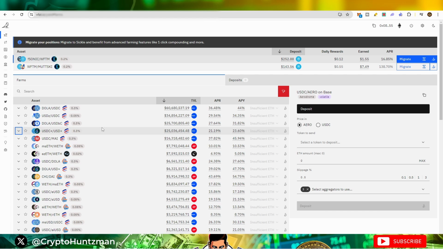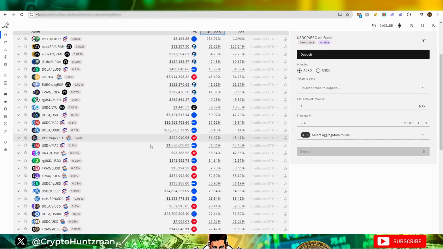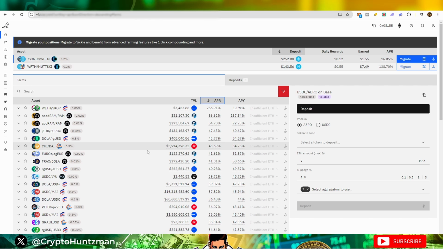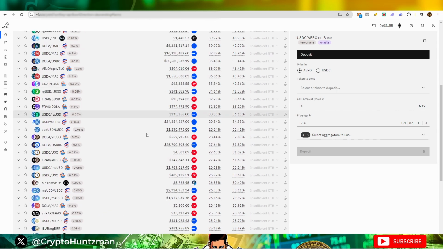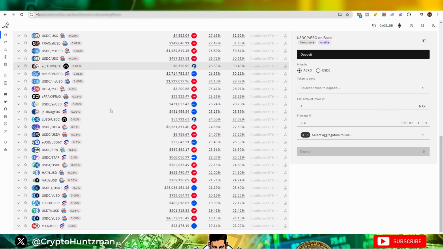So now what we're looking to do is maybe change it a little bit more and focus on a few pools that are potentially a stable kind and a token we'd like to hold long term. Some of these obviously are crazy high though. At the moment this one up here is 256%, which is very high. So what we want to do is have a look through these and see is there anything that